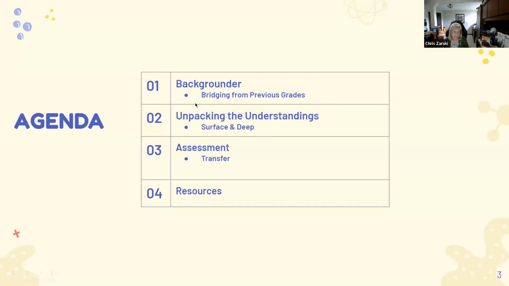We'll look at unpacking your understandings for grade 6. Understandings are the biggest and most important piece of your curriculum. The knowledge and skills and procedures kind of build on that, and how do I unpack that understanding? And so we'll look at that. We'll use that language of surface and deep, and Ted will go through that, but that's really unpacked in the introductory video. We'll look at different kinds of assessment questions.